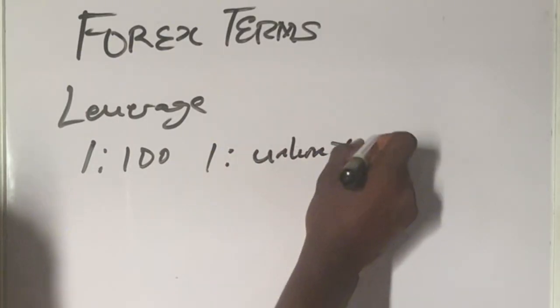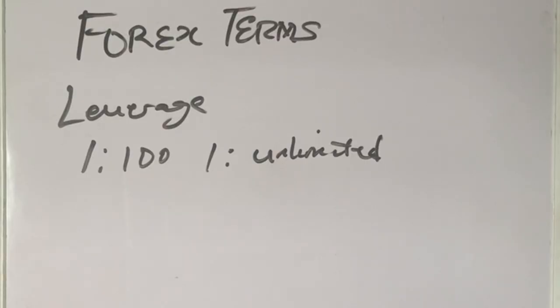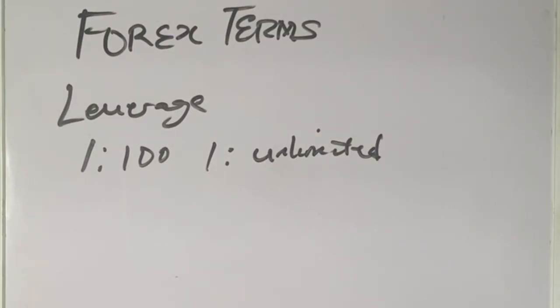So what this means is, if you choose 1:100, the amount of money that you deposited into your brokerage account will be multiplied times 100. That will determine the amount of lot that will be allowed for you to use on that trading account, you get? But for better understanding of leverage, because I don't know how to explain leverage perfectly well in this short video,